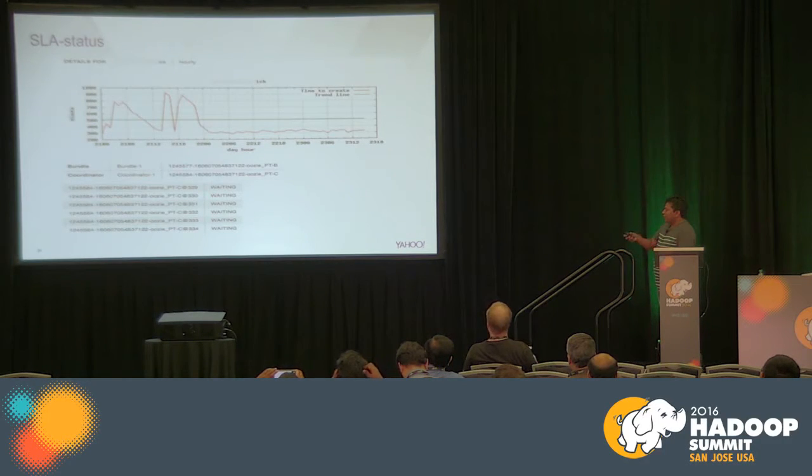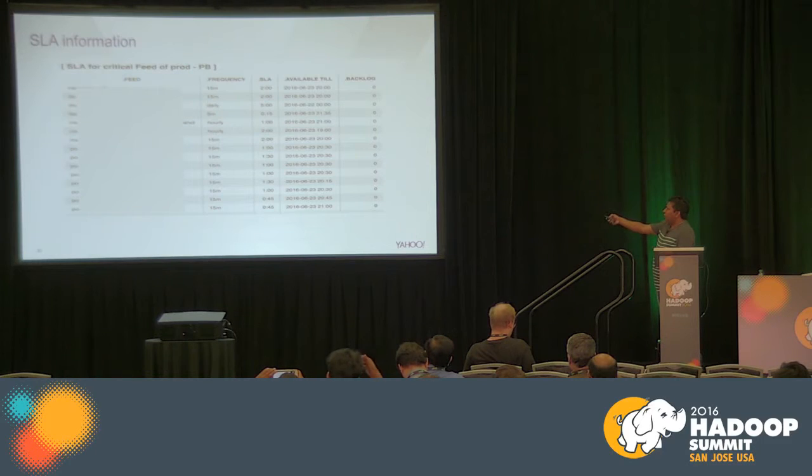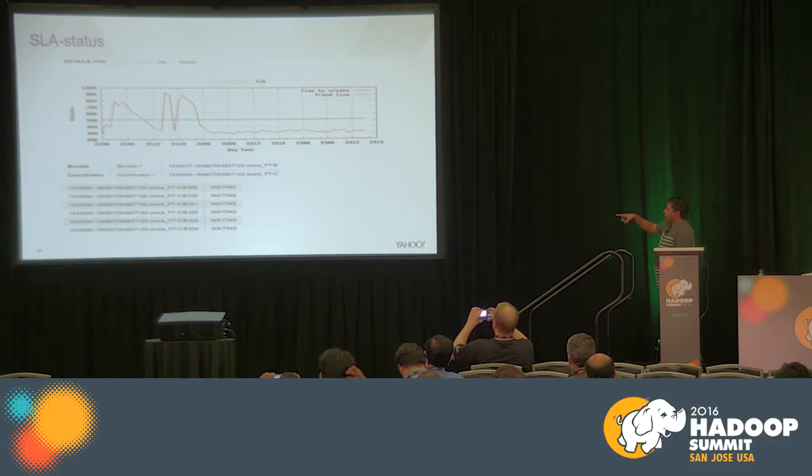If you click one of the jobs here, it gives you the chart of the SLA. The x-axis is the hours and y is the time taken to complete. This is not pulled from Oozie. This is computed on HDFS. The feed has a nominal time. What they do is compute when the feed was created minus the nominal time of the feed, and this is how they compute the SLA. This takes care of copying files from colo B to colo A, where we missed the colo A SLA.